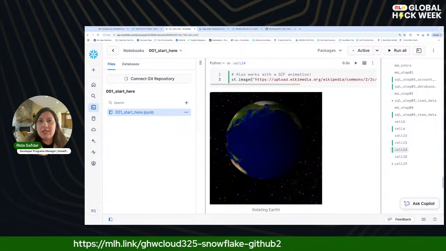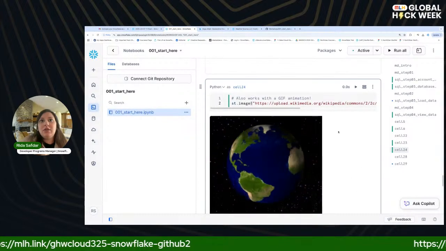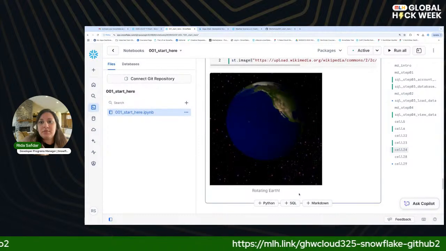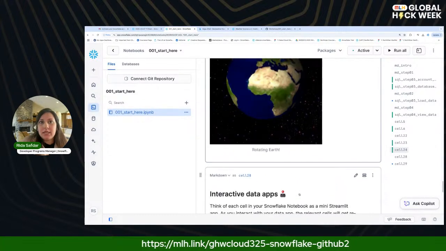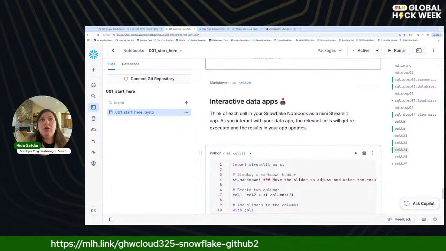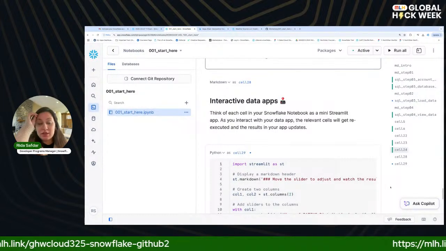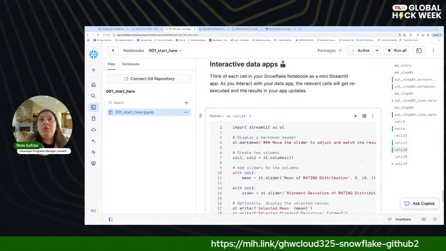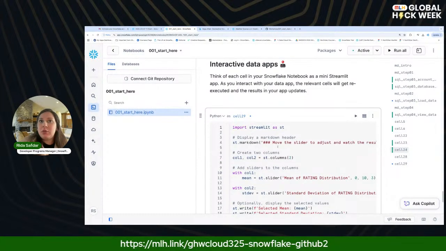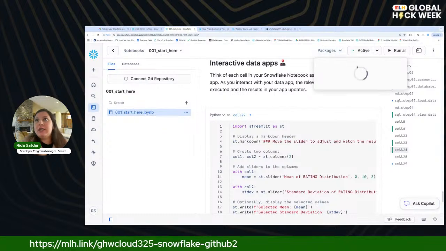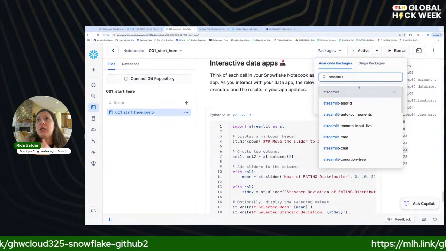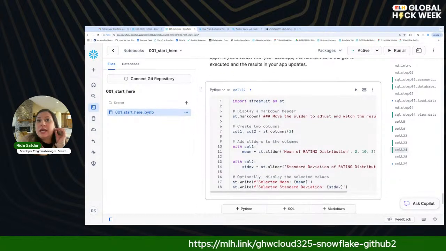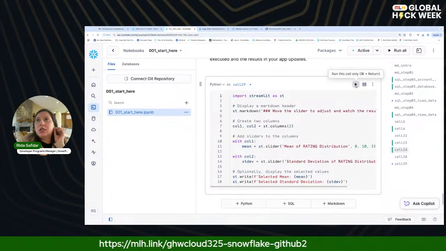Good. All right. So here, this is where you can see the image, and it's again in this cell. And then this last piece, you can create a mini Streamlit app. Streamlit apps are a very cool feature to explore in Snowflake. So you can create your own mini Streamlit app. Again, you import Streamlit into it. You would find that there is a package for it as well. I already have it imported. So you import Streamlit here, and then it'll create an app. I will actually show you this. So when you run the cell,